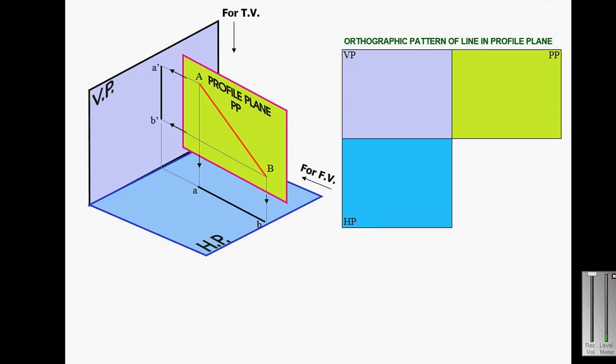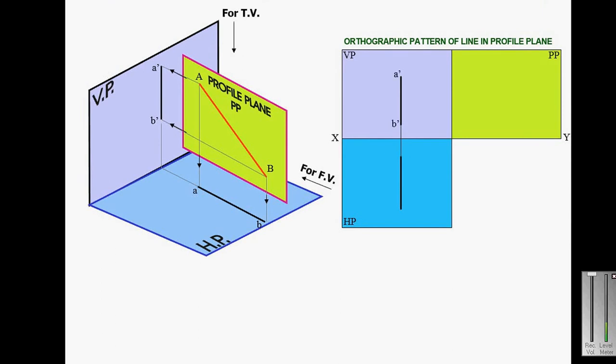After getting the side view on the profile plane, we just rotate the profile plane to the right side or to the left side. So here from the left side you can see the profile plane, and in the orthographic pattern the profile plane is on the right side, and that view will be the left side view. So the left side view will be on the right side of your drawing sheet. So this is the front view, A dash B dash, and this is the top view,